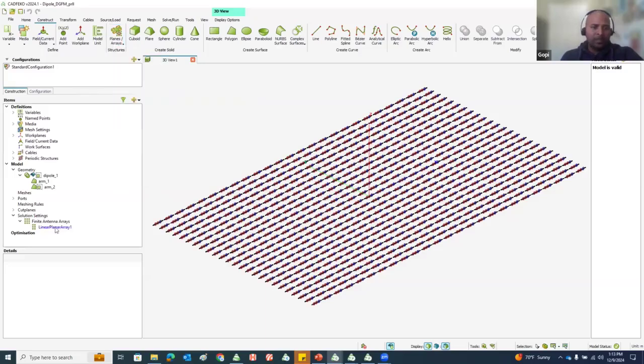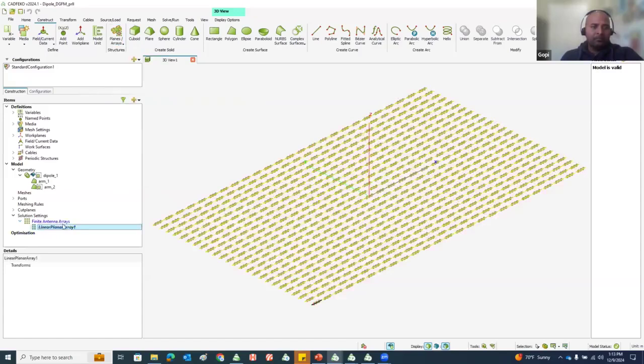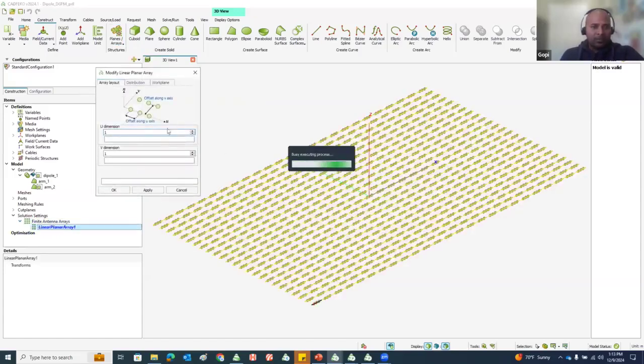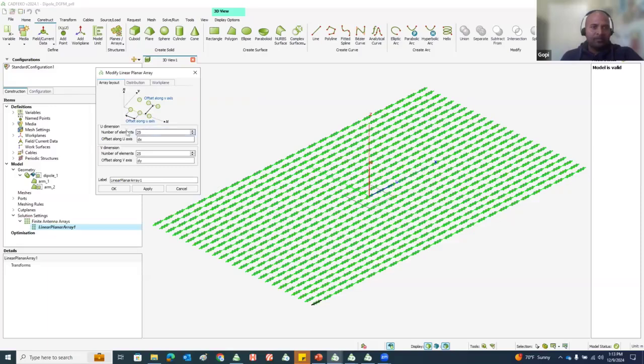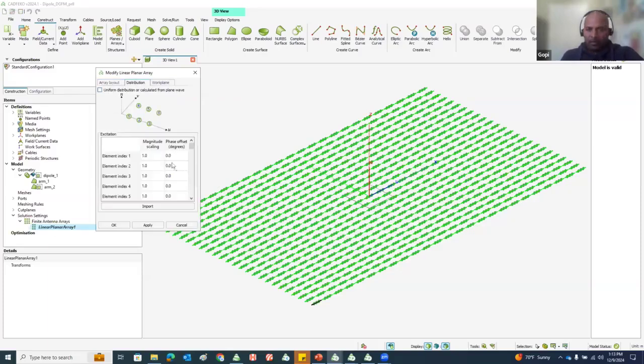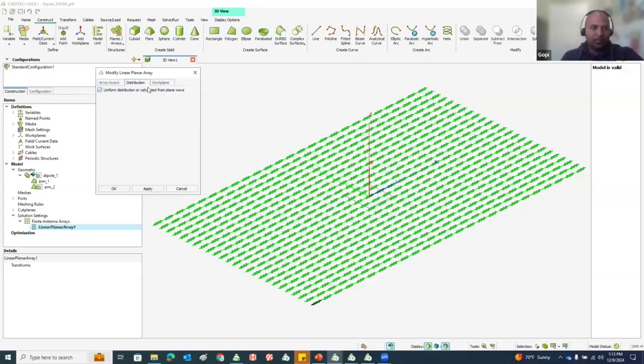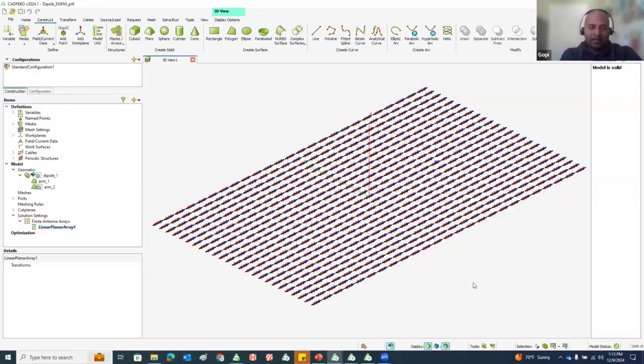So here, this is a planar array. When you use the planar array option, you can specify the number of elements in each direction, as well as if you want to specify some phase offset between different excitations, you can. But here I just went with some uniform distribution. Okay. So this is one option where you can use the array tool in Feko. The other option is modeling the entire array and solving with different solvers in Feko, depending on the complexity of